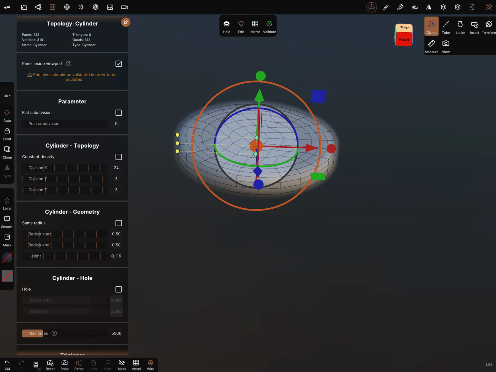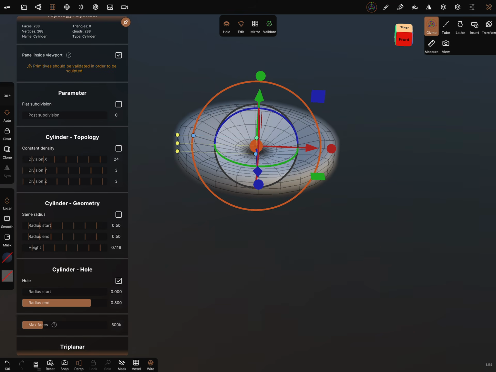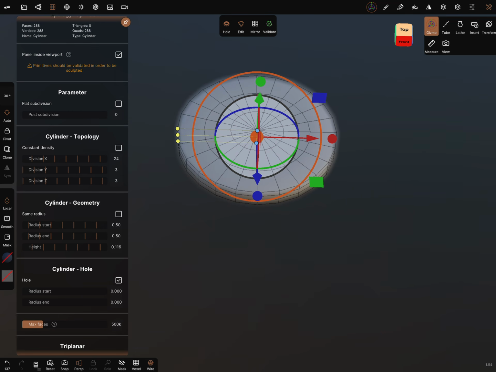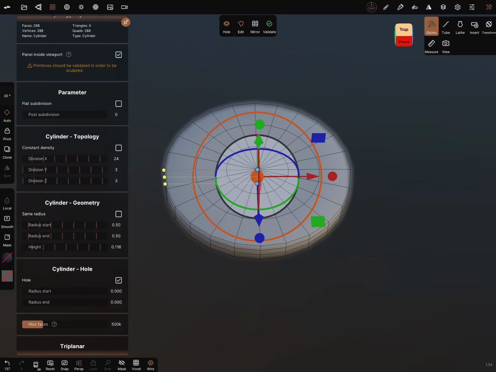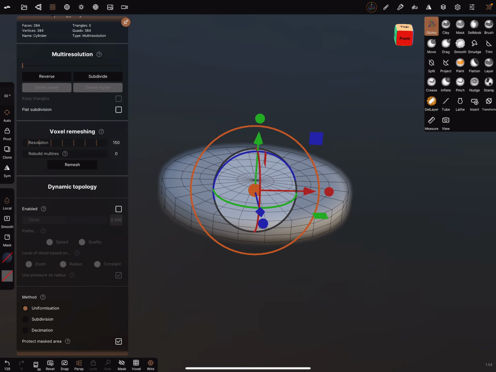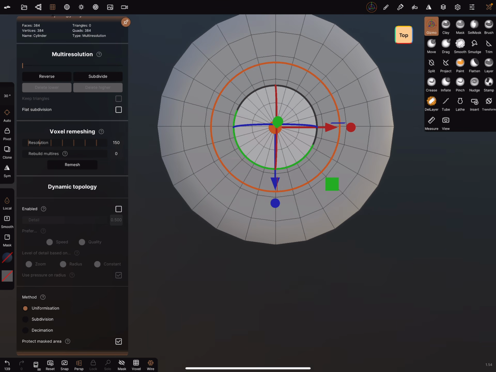And we can use the hole, we can change that. And then we have a center point, an exact center point. And the Z division we can set to about 5. Okay, I think it's okay. Validated. And now we use the top view